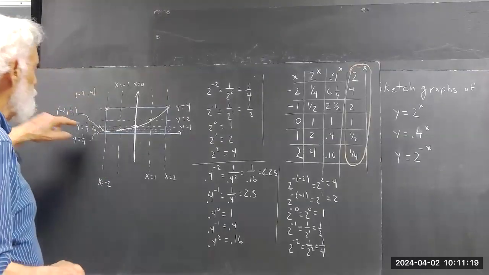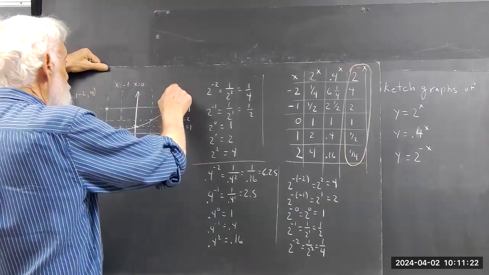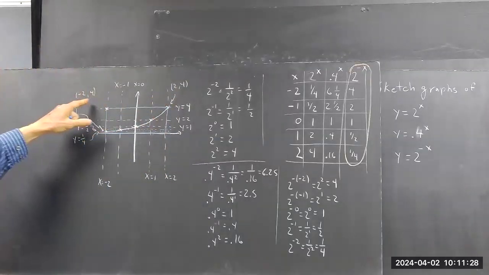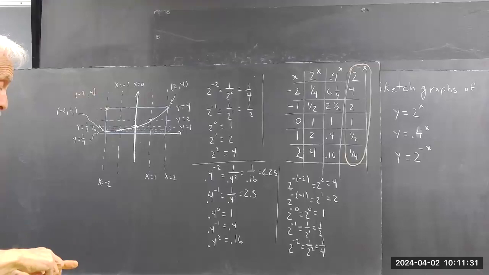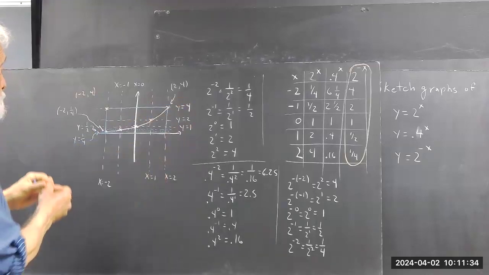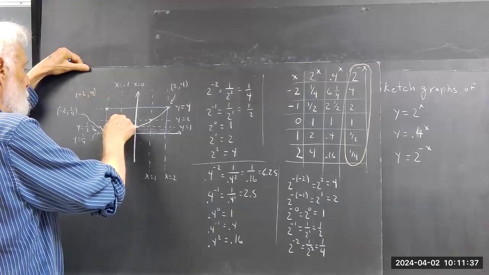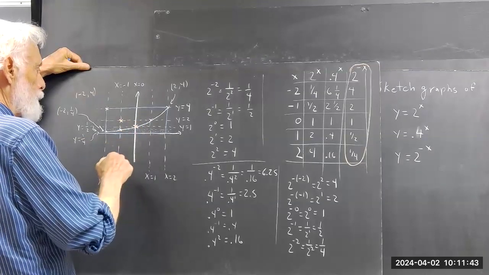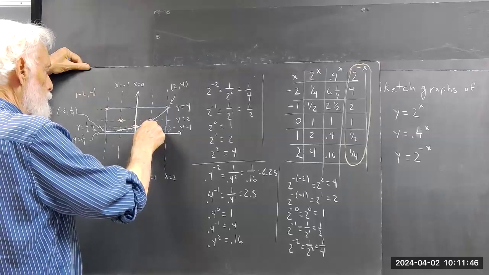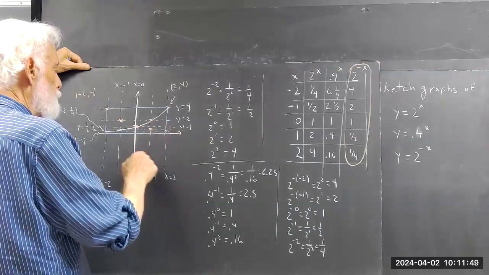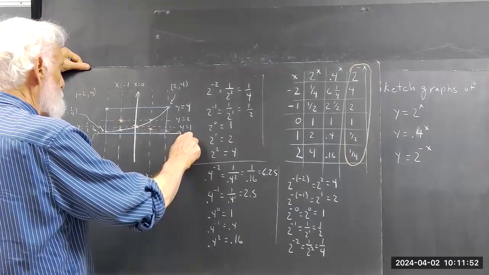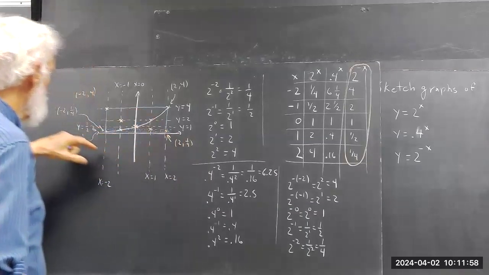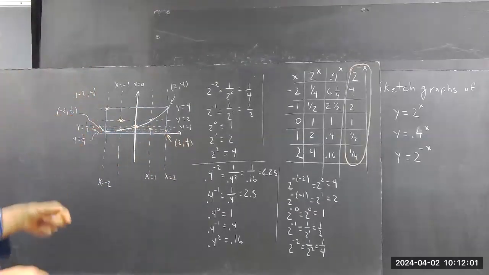Now notice that the graph of 2 to the x ends up at the point 2, 4, which is just opposite the point negative 2, 4. Then we have the point negative 1, 2. Well, that's going to be here. And then we have 0, 1. So that's here. And then 1, 1/2, and 2, 1/4. Now I've labeled the 2, 1/4 point as well as the negative 2, 1/4 point